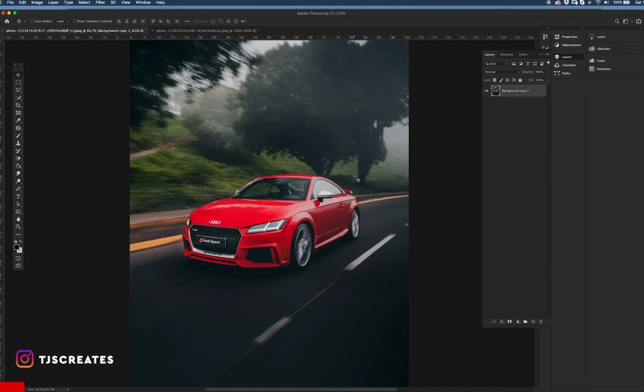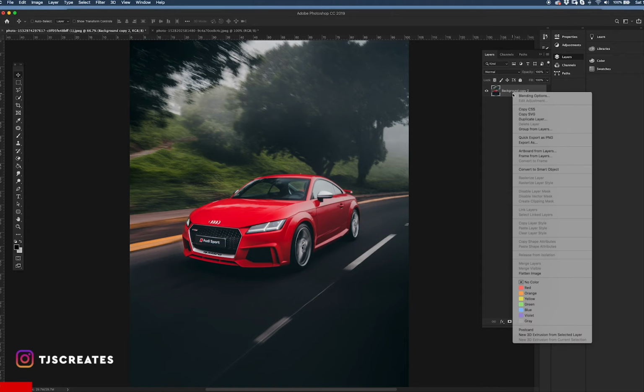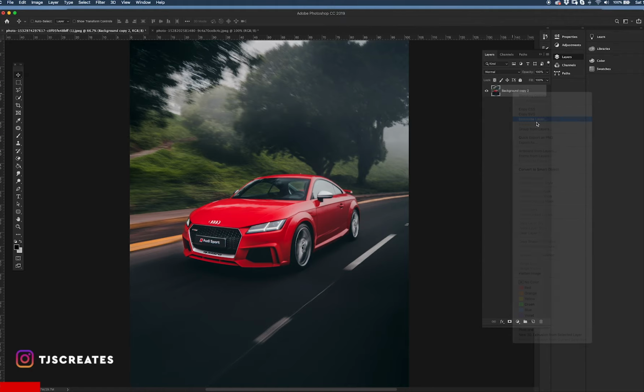So what we're going to want to do is duplicate the layer 3 times. And you can do that by right clicking on the layer and clicking duplicate layer, or we can use the shortcut, which is Command J on Mac. What we want to do is